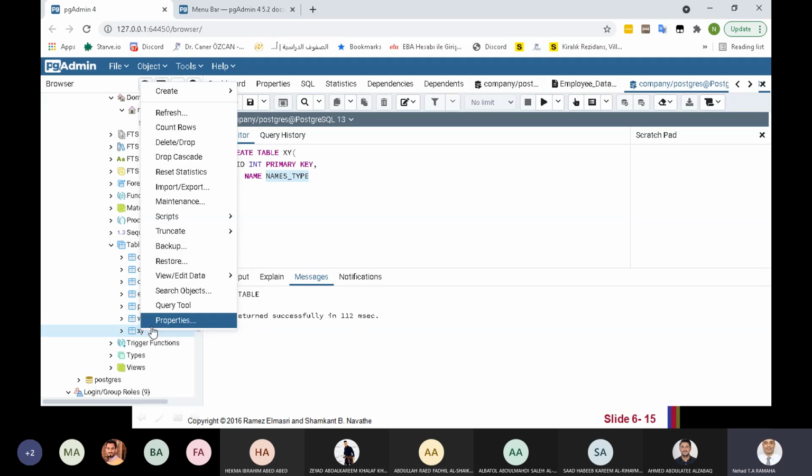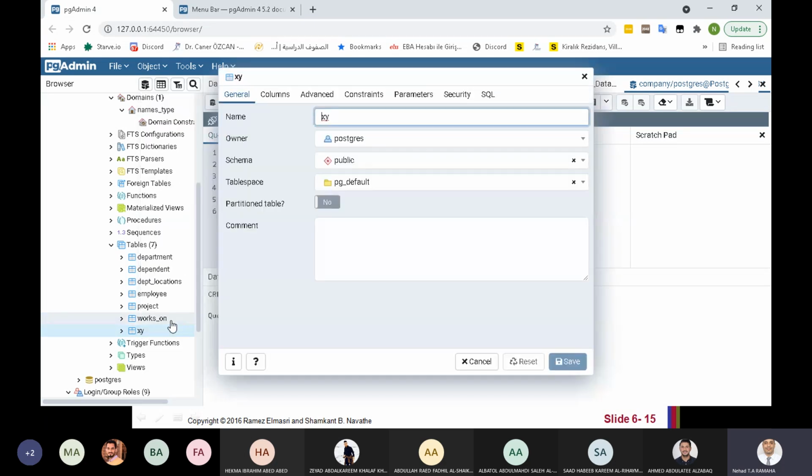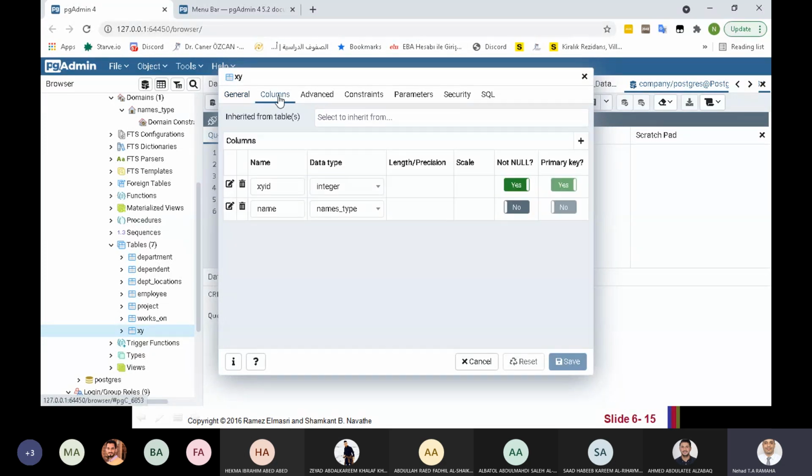If we check the properties, you can see here columns, data type, names type, which is the domain that I created.